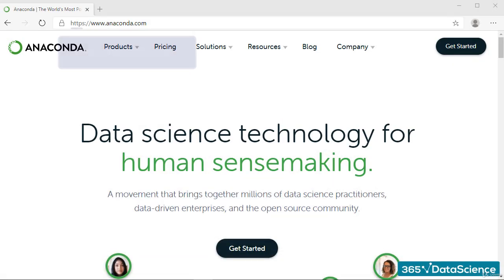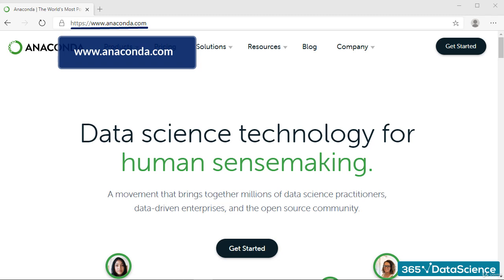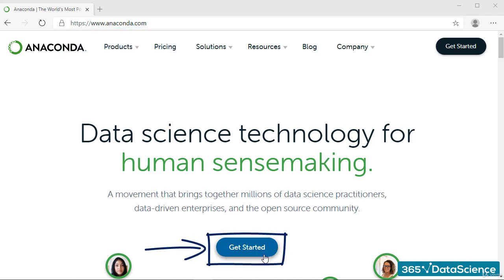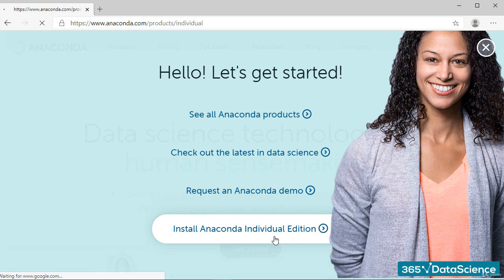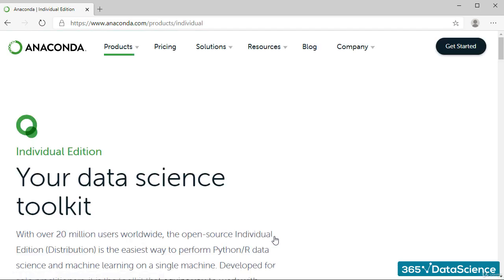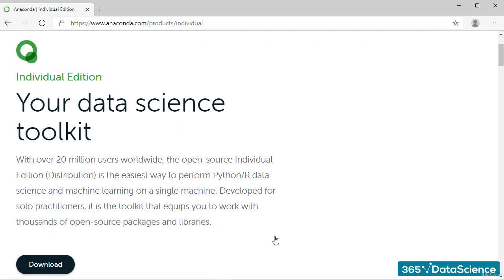That said, let's open www.anaconda.com and click on the Get Started button on the homepage. Then we need to indicate that we want to install the Anaconda Individual Edition. At this stage, you are welcome to read some introductory notes about Anaconda, but now we will just click on